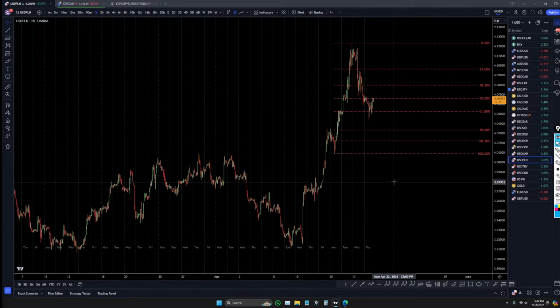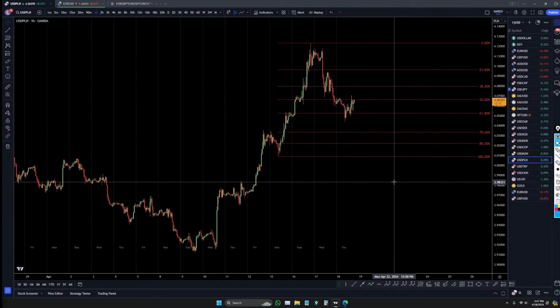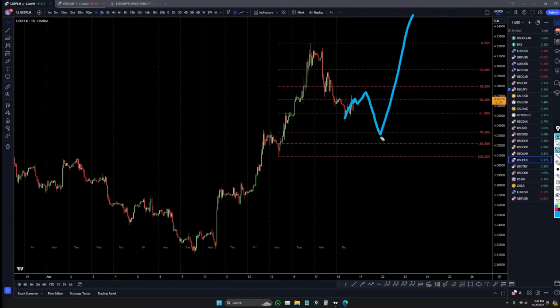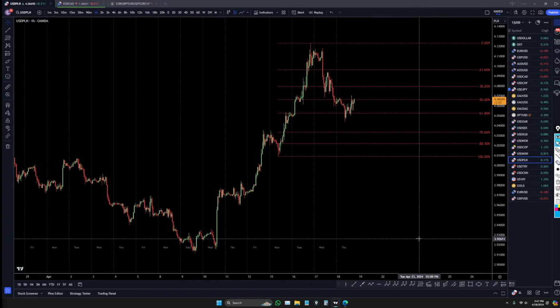So I would be looking for a long. I would like to see three waves back to go long though. I don't really think that this is the long we're looking for. I think it's more likely that this is going to be the long we're looking for. So we're getting there. I don't think it's ready yet, but we're definitely possibly getting pretty close. Maybe by next week it'll be ready for that long.